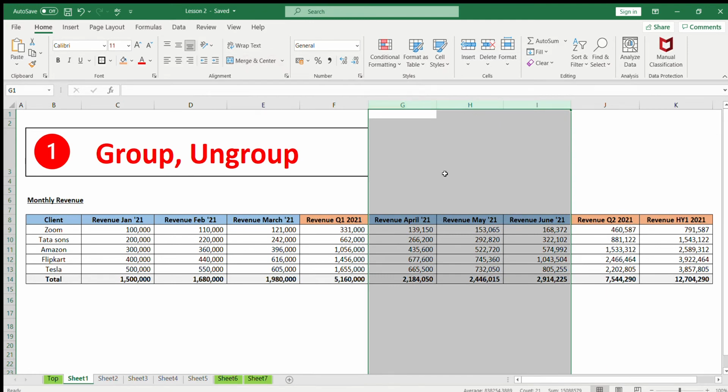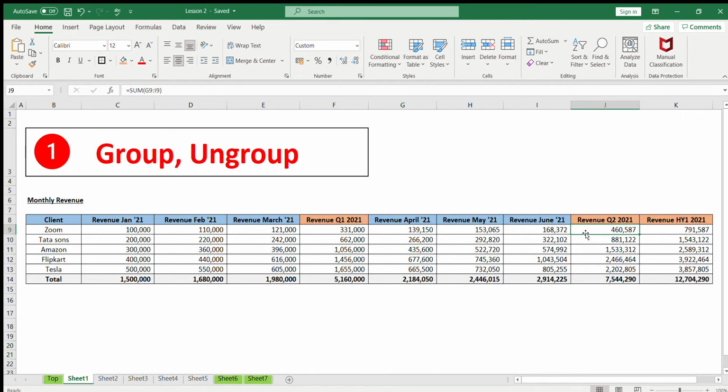However, that will increase your work, because every time you want to see the breakdown for a particular quarter number, let's say 460,000, you'll have to unhide those columns. So instead of hiding and unhiding, we can use a feature called grouping and ungrouping, which is easily available in Excel,